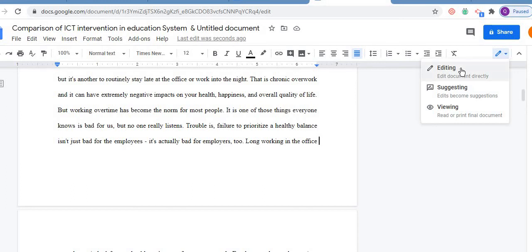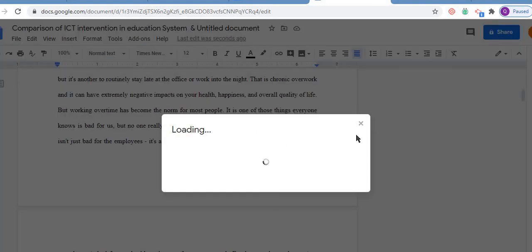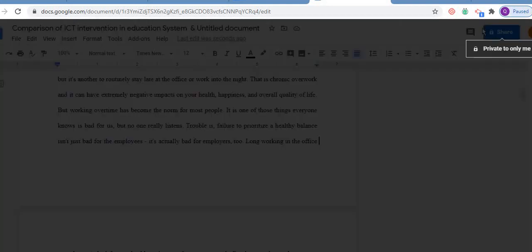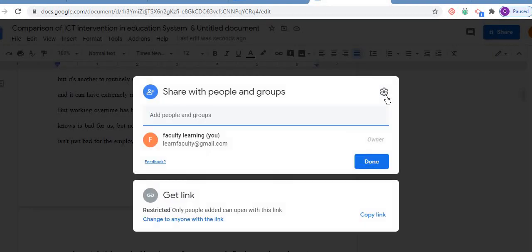Edit the document directly if anyone likes to, or if you want to share with whomsoever you are going to share the document, you want only that person to view the document and to get the printout, or to edit, and that becomes the suggestions, or edit the document directly only, not to give suggestions, just do it directly. And after that, with the help of the comparison, you can easily identify it. So what you are looking for, I think, edit directly, and it should not be, wait, not private to me.